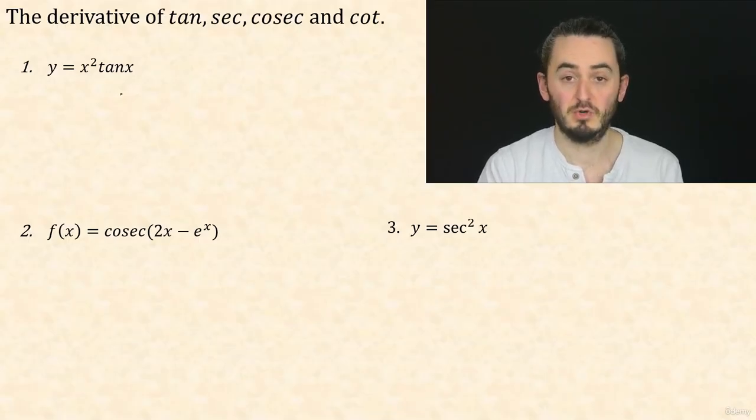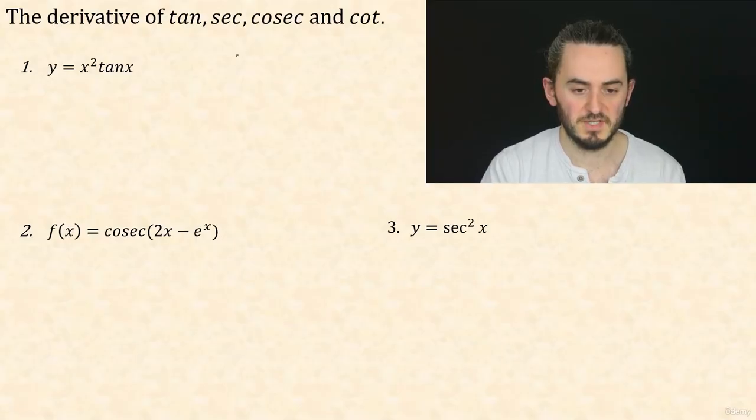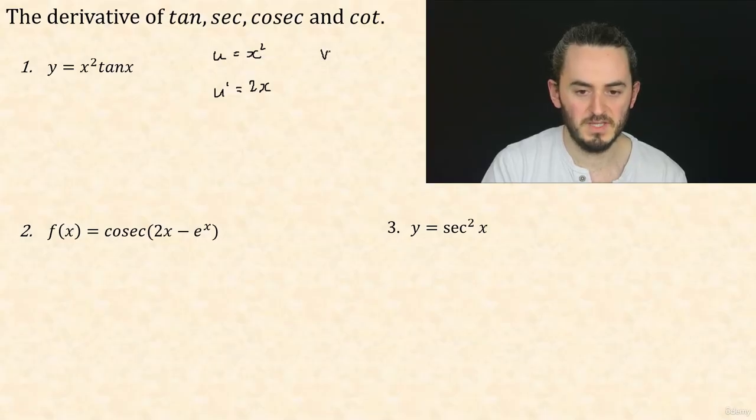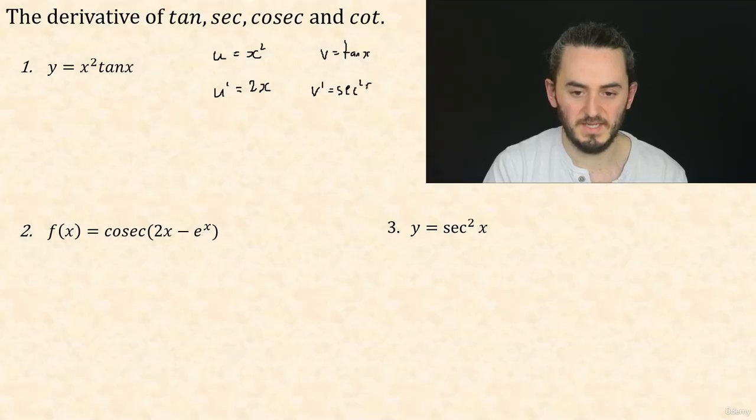Okay, well I can see this is the product of 2 functions. So since it's getting a little bit complicated, I might just carefully lay this out using the product rule. I've got u is x squared, so u dash is 2x. I've got v is tan x, and I now know that v dash is sec squared x. So that means that my derivative